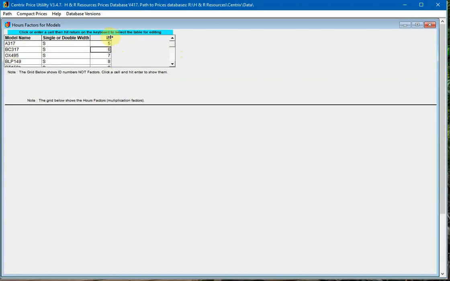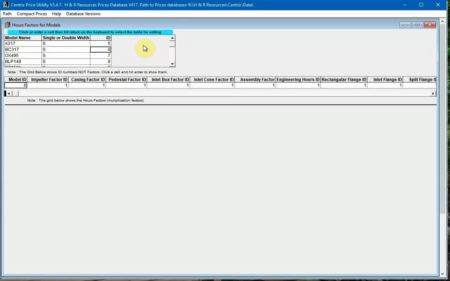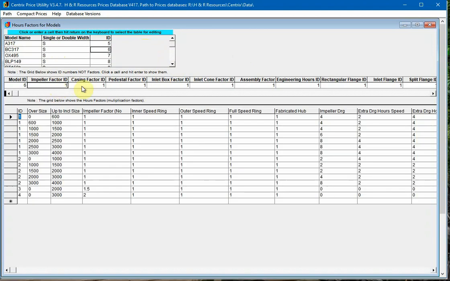So the IDs here are model IDs and there is no need to try and change any of those. In fact, doing so could cause problems. So I'll double click the BC317 and that brings up the factor IDs. Now these aren't factors themselves, they are IDs. So if I want to change the hours on this impeller, I'll double click the impeller factor IDs and you